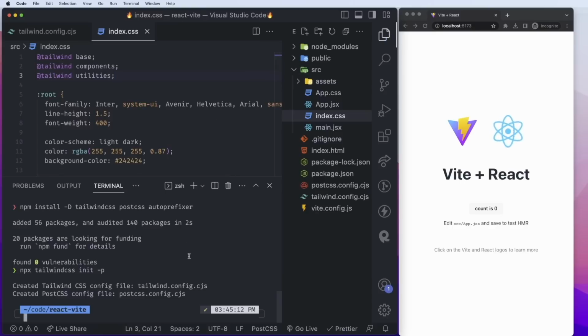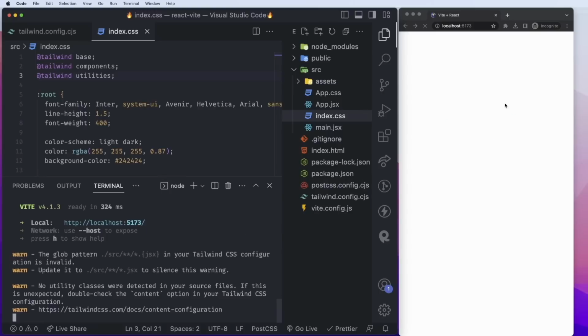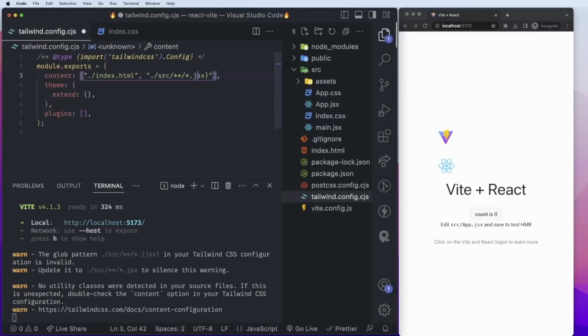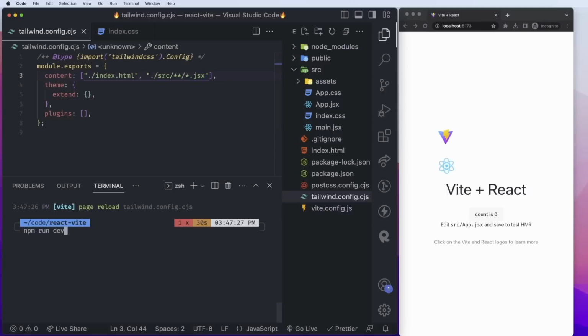Save this, and now let's start the server. npm run dev. We see the change in the terminal, so that means that something happened here. We have: no utility classes were detected in your source files, so let's see what exactly is happening here. This should be the glob pattern in your Tailwind config, so invalid. So maybe let's fix this, and that is what it wants us to do. Stop the server, start it again,